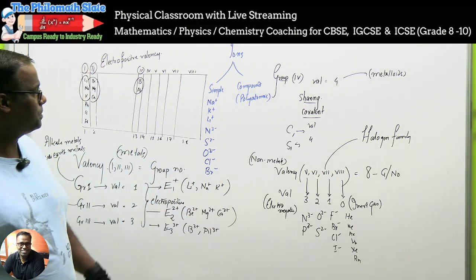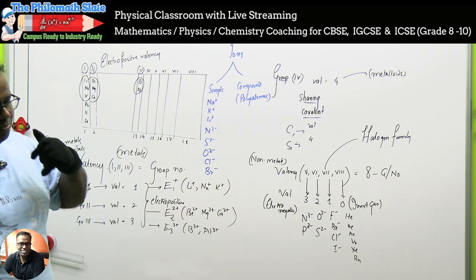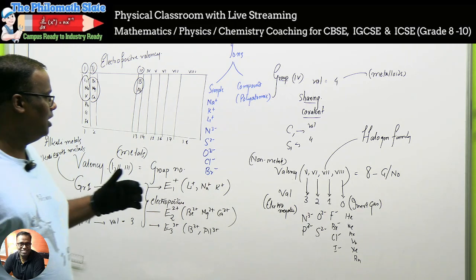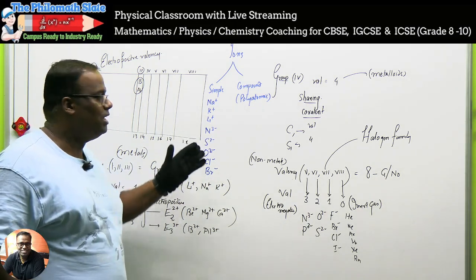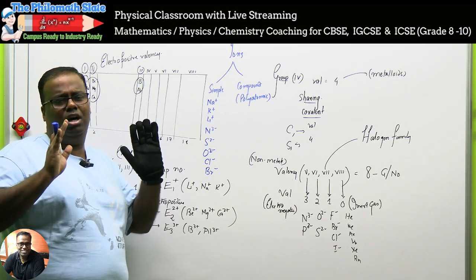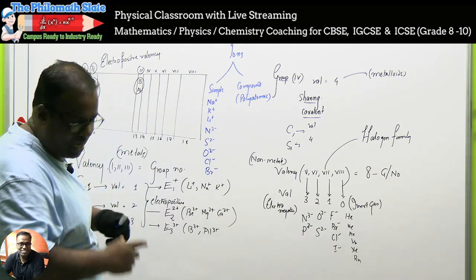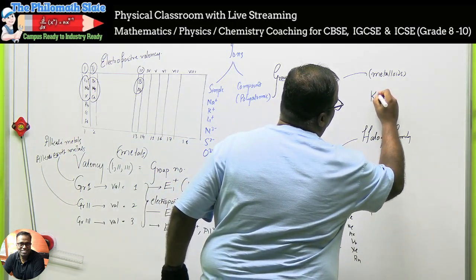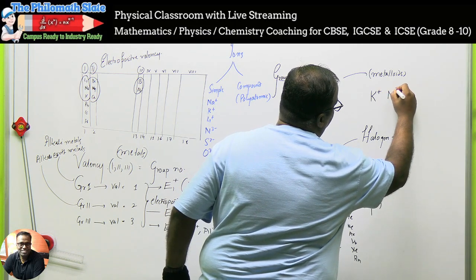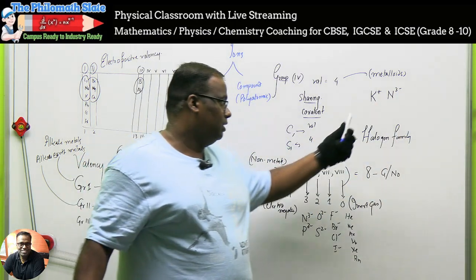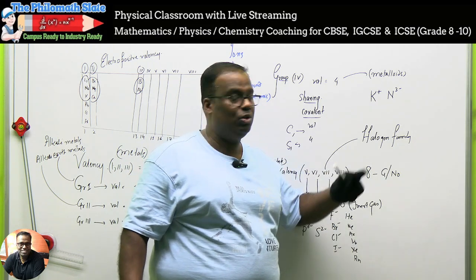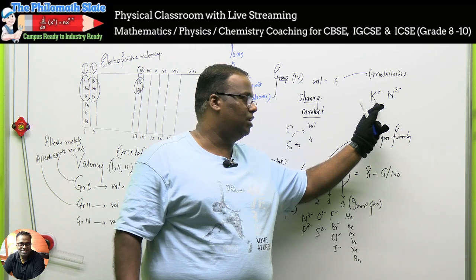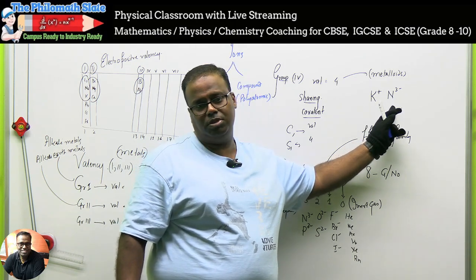Simple. Now, in simple terms, there is a way, the book will tell you, there is a way I will tell you. If you find that these ions are coming alone without anyone, let's say I form a compound where I have potassium's K plus and nitrogen is what? N3 minus. This bonding is not possible right now because the net charge is still not zero. I have to make it zero. Do you understand? Try to understand.